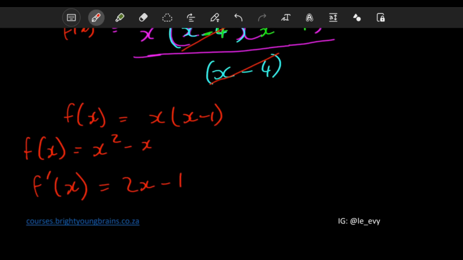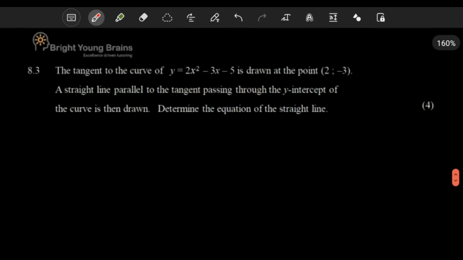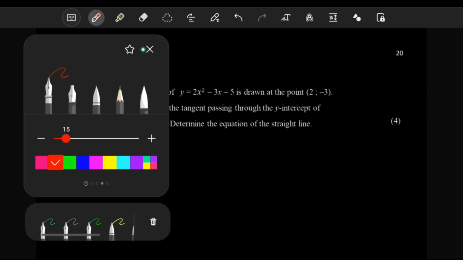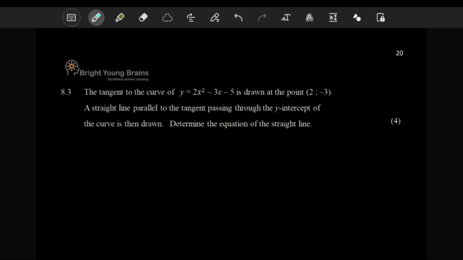Whew, I feel like I'm blazing through these questions now, because we got to do what it is that we got to do. So moving on from here, we have a question 8.3. It's talking about a tangent to a curve. So equations of a tangent to a curve, yeah, those kinds of questions, they're just generic, it's just standard stuff. Here it says a tangent to a curve